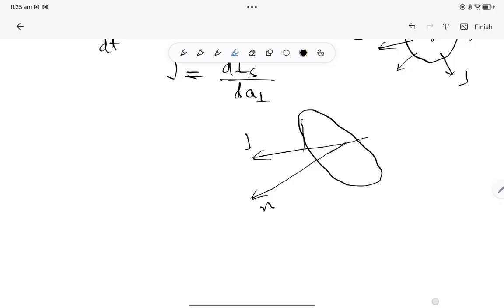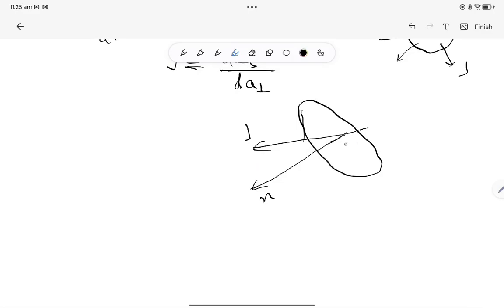Now, since not all current density will be counted as flux, because J is not flowing perpendicular to this area or parallel to the normal, hence it won't be counted as this current density fully. Now, what do we do? We decompose this. We resolve this area element, this area vector, into two components. One along J, that means imagine this normal is resolved into two components. One along J and another